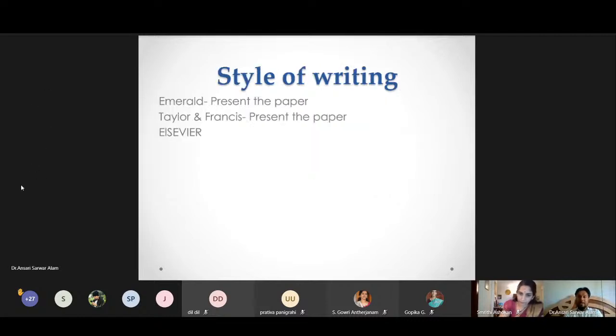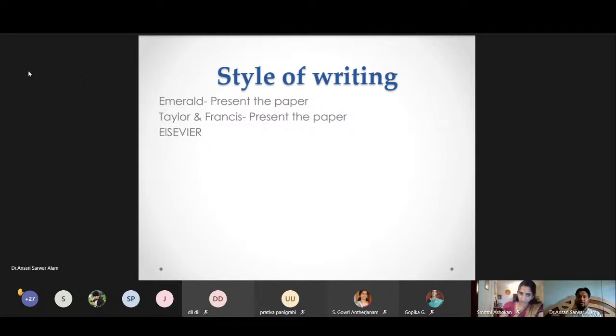Yes, style of writing paper. There are different styles of writing paper. It is not like Emerald will look after your style. Emerald is a journal, and they have their own style which they appreciate more. If you look at an Emerald paper, you can easily understand